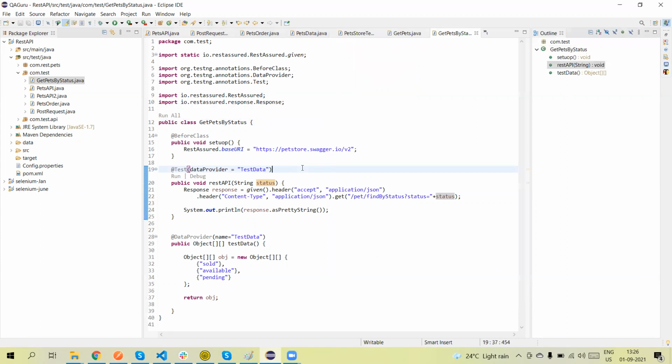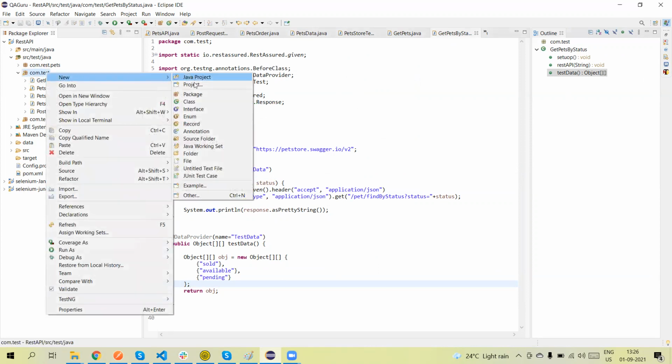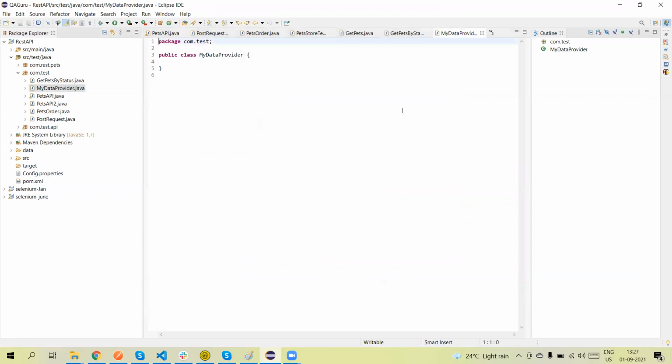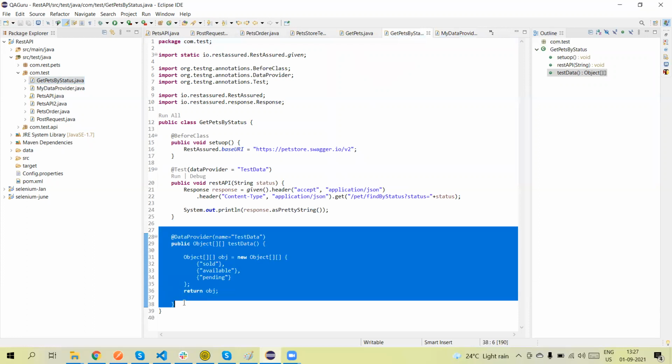Currently I have saved the data provider in the same class, but sometimes we can also create it in a different class. Let me create one class, my data provider, and move this data provider into it.